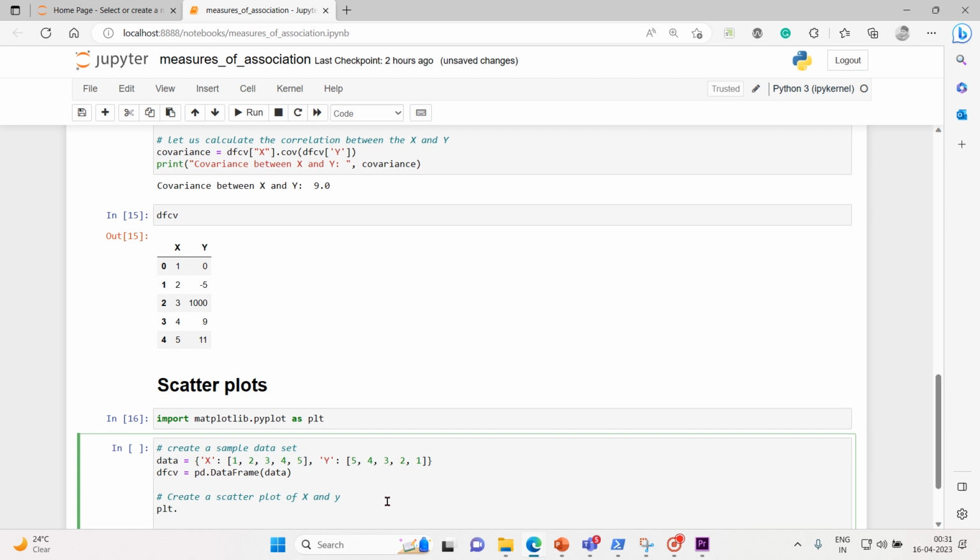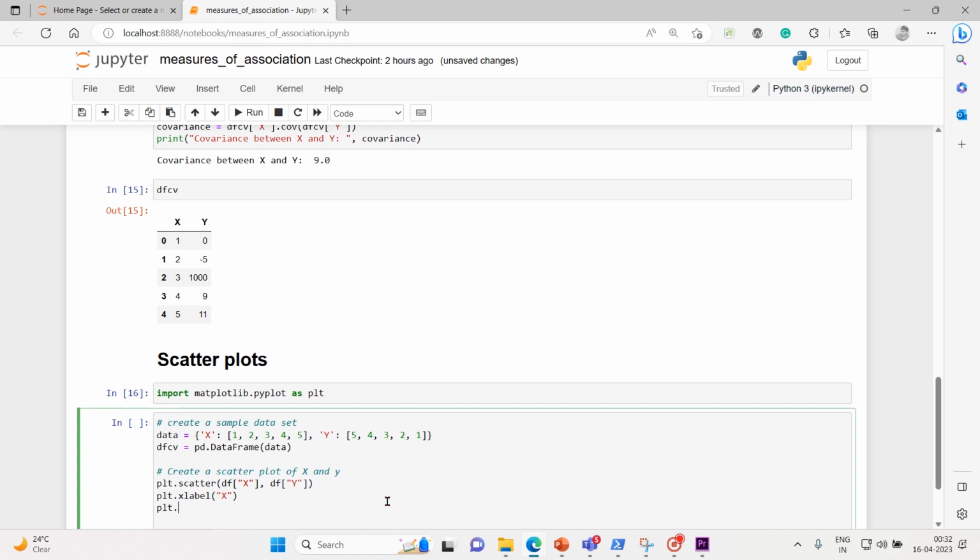So plt.scatter, with df x as our x-axis, and df y as our y-axis. It's a capital and this is also capital. That's it. Your scatter plot would be ready by now, but let me add the x label and y label for it. So x label is x, and y label is y,